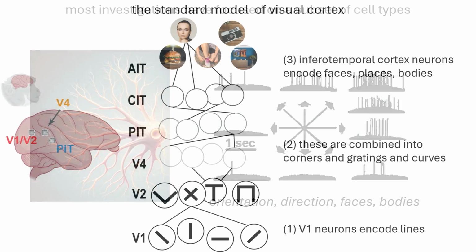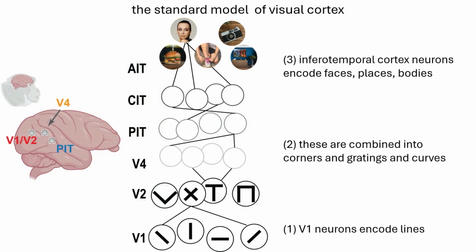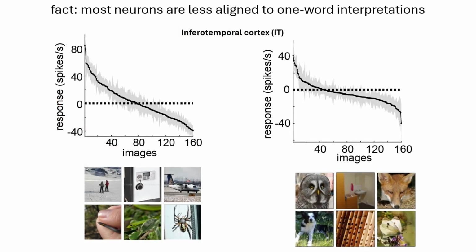The study of these neurons has given rise to the standard model of visual cortex, where V1 neurons are encoding things like lines, then V2 to V4 neurons are doing some kind of combination of lines, perhaps corners or edges, all culminating in inferotemporal cortex and beyond, where neurons are encoding faces, places, and bodies. And so this is the standard model, except that when we look at most neurons in the